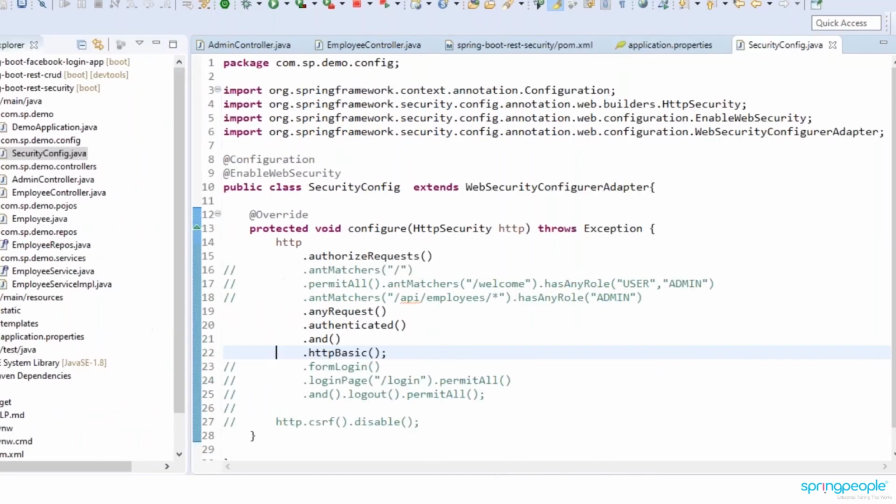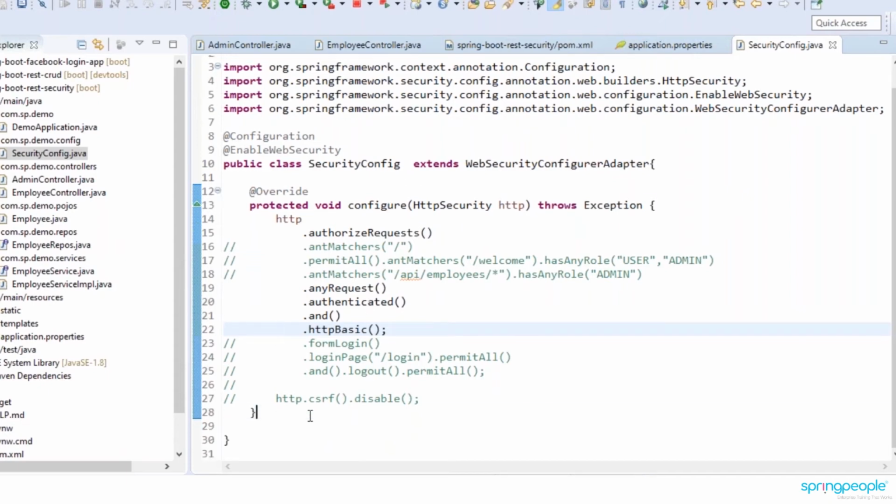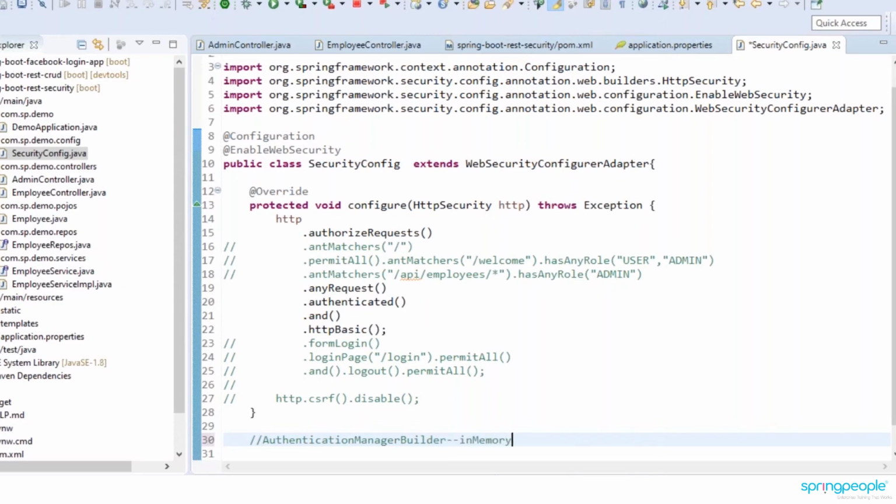The same way, if I don't want to write my own security, or I want to configure with database security, yes, we can configure it. We can configure the database configuration here. So we will have the AuthenticationManagerBuilder. In the AuthenticationManagerBuilder, we can configure a data source authentication or in-memory authentication. So you can configure in-memory authentication.